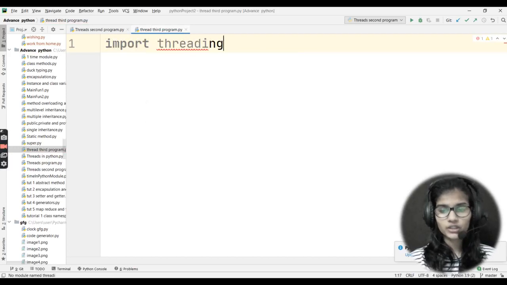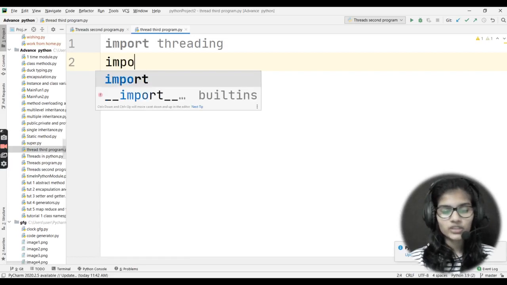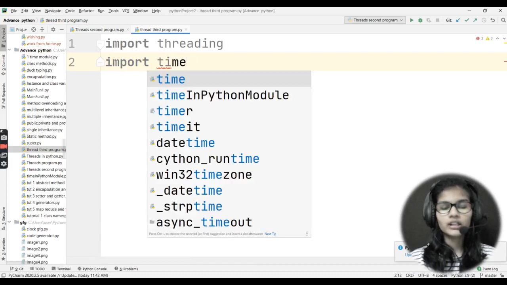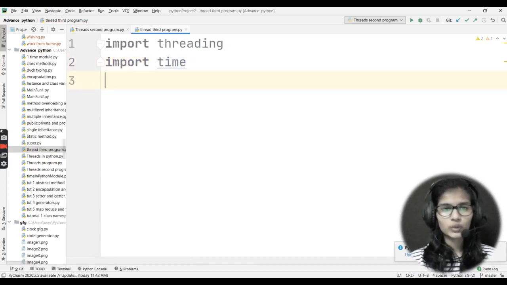Next, I'll be importing the time module as well, because I'll be using it for finding out some time and those things. So these two modules that I'll be using, first one is threading and another one is time. Both of them are being imported here.